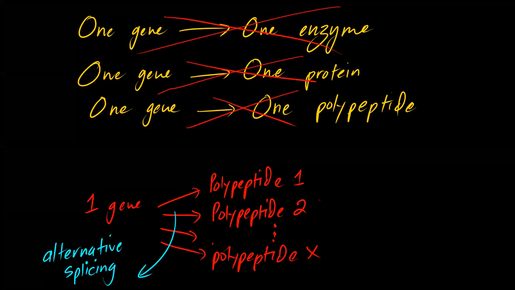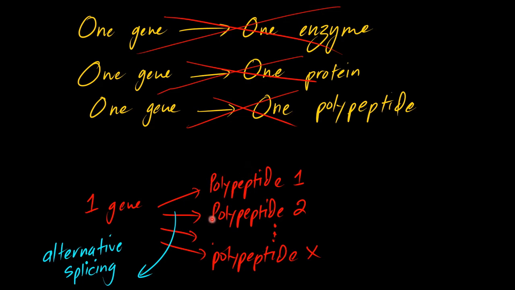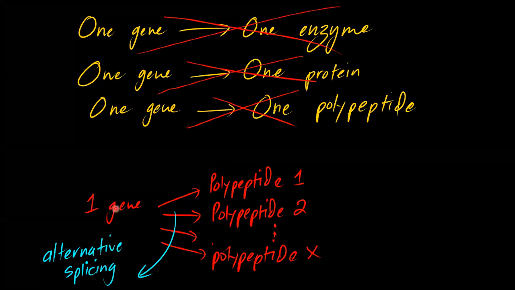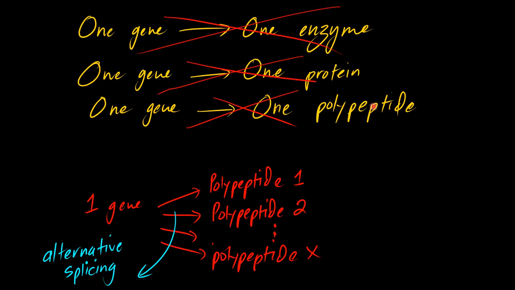At the same time, okay, so let me repeat what I just said, because some people had some internet issues. Scientists discovered that some genes, actually many genes, encode more than one polypeptide, which makes this statement invalid. One gene, one polypeptide. Actually, one gene can encode more than one polypeptide. Okay? And some genes, actually, do not encode polypeptides.